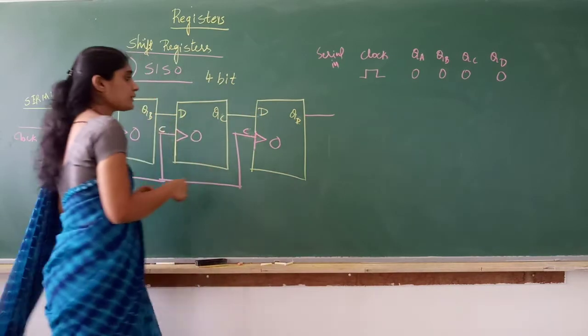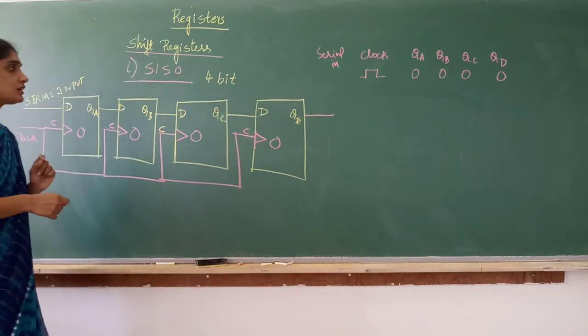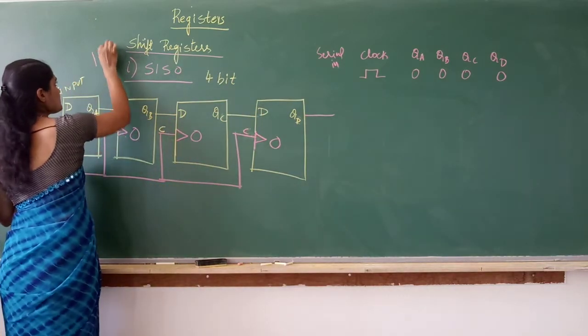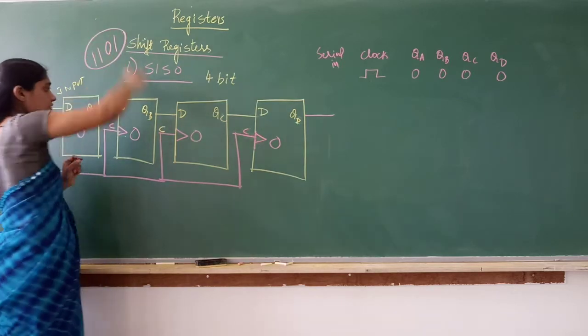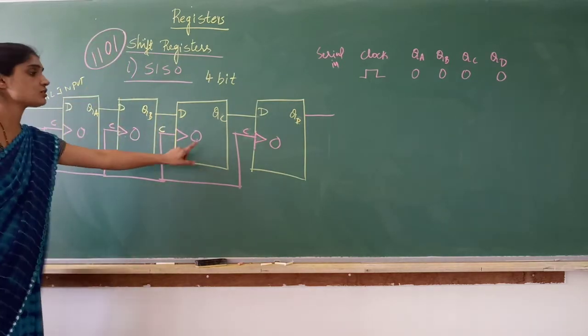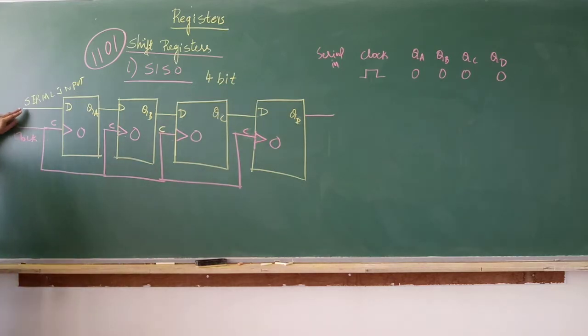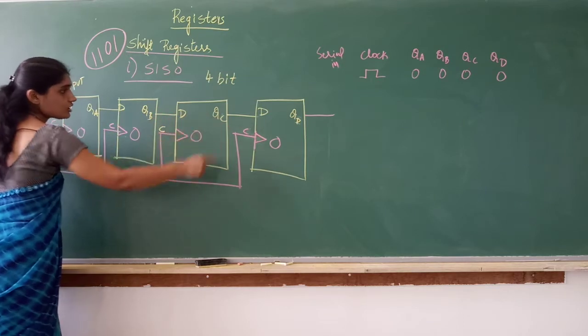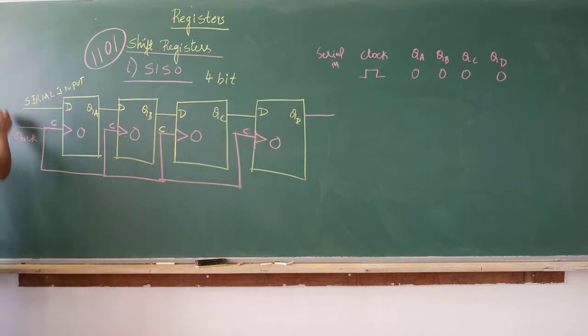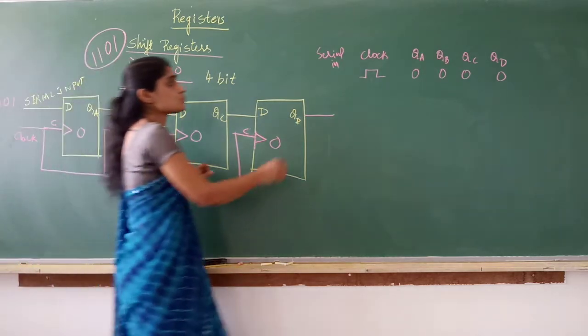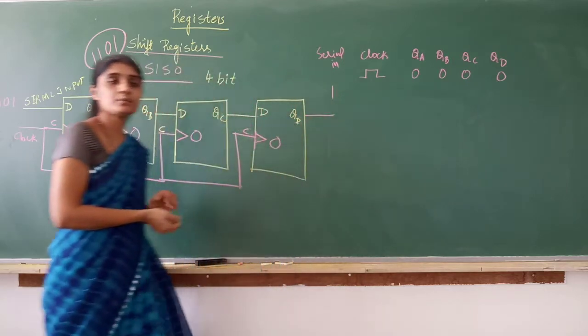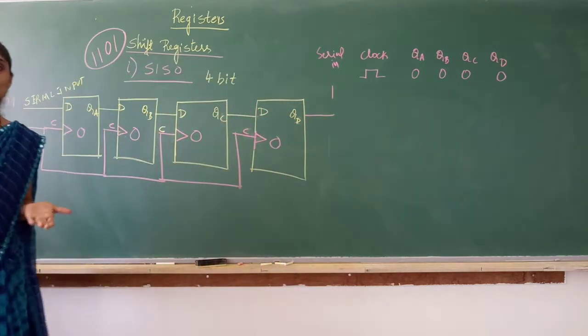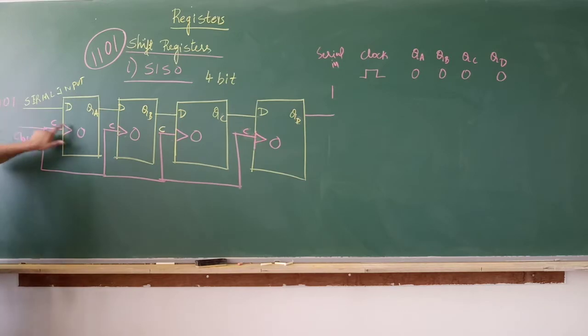Now serial in, serial out. How many bit register is it? 4 bit. Let's say I want to store 1101. I want to store this information in these bits, so that 1101 you have to give here, so that it will be transferred and stored in all the flip-flops. So what is the bit here? The LSB bit 1. You give the first 1, and that 1 will enter. Serial input, 1 by 1 bits are entered. So first this 1 will enter here.